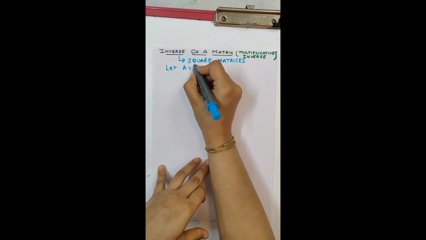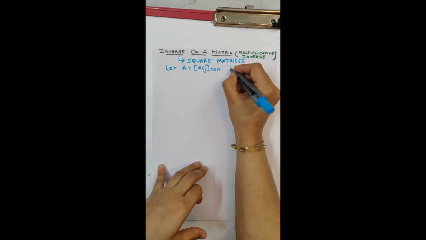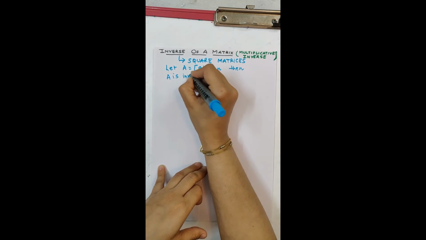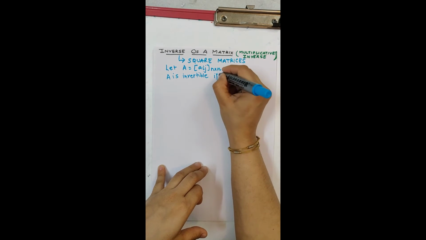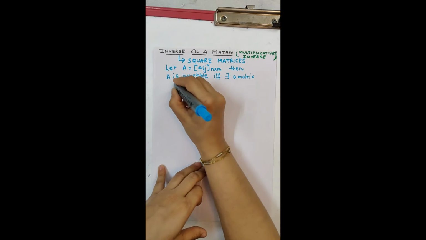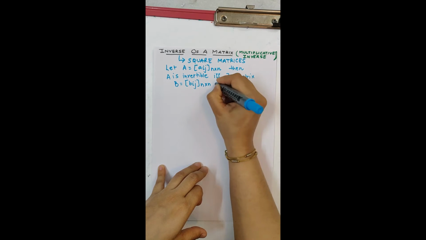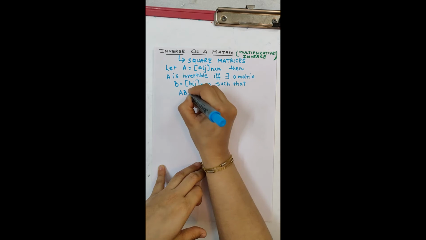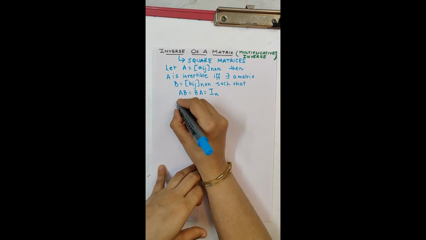Let A equal to [aij] be any square matrix of order n, then I say that A is invertible, which is same as saying that the inverse of matrix A exists. So A is invertible if and only if there exists a matrix B equal to [bij] of the same order n such that AB is equal to BA is equal to identity matrix of the order n, and in this case I shall